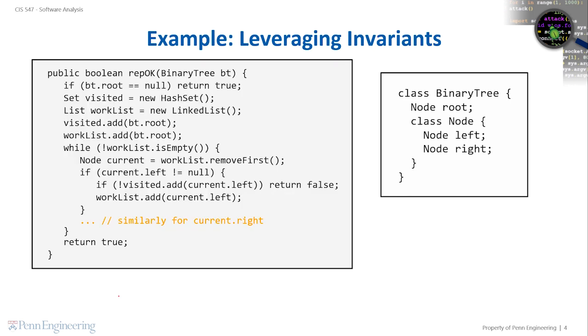Here is a concrete implementation of the invariant we just outlined for binary trees. It is a function called repOK in the terminology of Korat, one of the tools we will study later in this module. The repOK function takes as input a binary tree object bt and returns true if it is a valid binary tree and false otherwise. Let's not delve into the details of this function for now. We will return to it later when we talk about Korat.